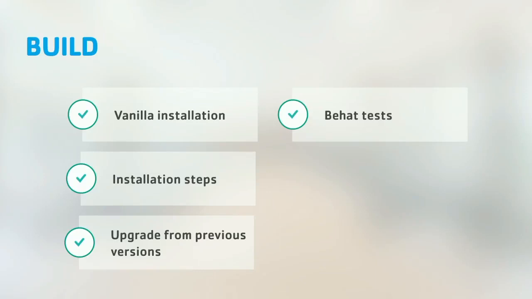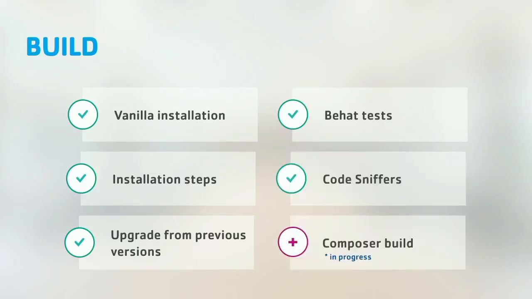And of course, an additional environment for the Behat tests, for code sniffers, and for a Composer build that we are working on right now in order to verify that our distribution will work well on all different PHP versions or on all different environments, and we can build the website using Composer.